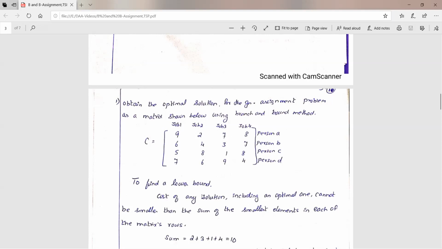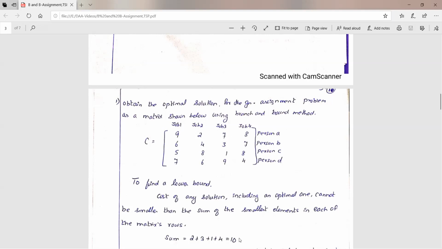So here, the cost of any solution, including the optimal one, cannot be smaller than the sum of the smallest element in each row of the matrix. In every row I am taking the smallest value. Once you have the lower bound value, whatever solution we get cannot be smaller than the sum of the smallest elements. So here we have 2 plus 3 plus 1 plus 4, which is 10.